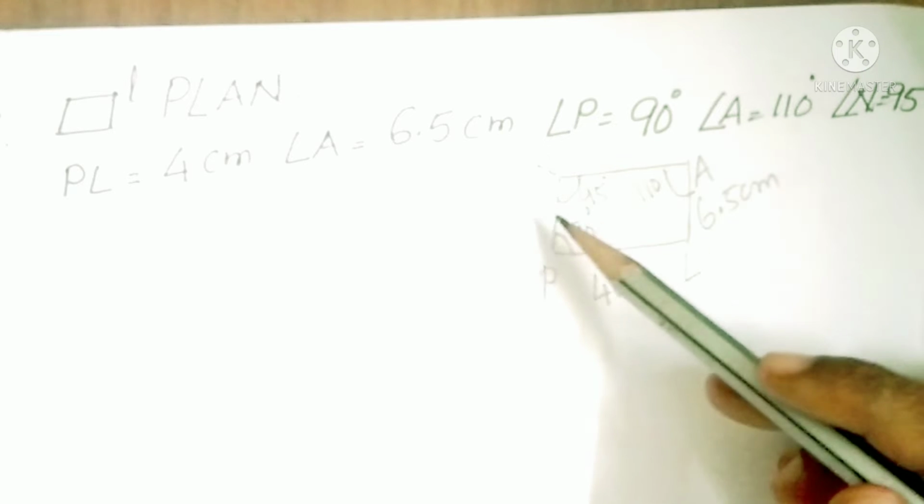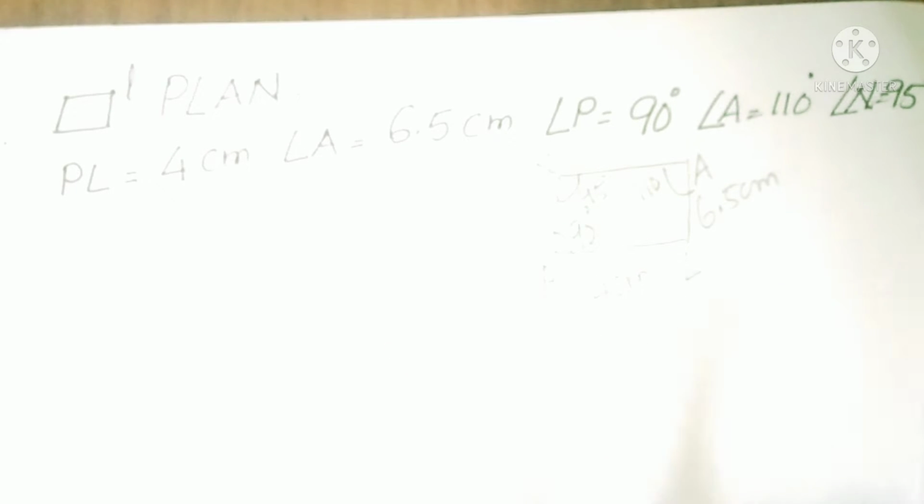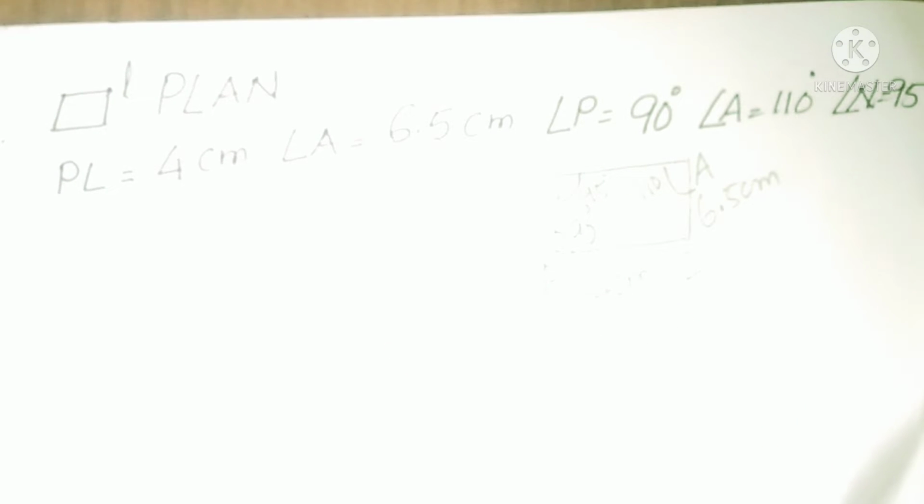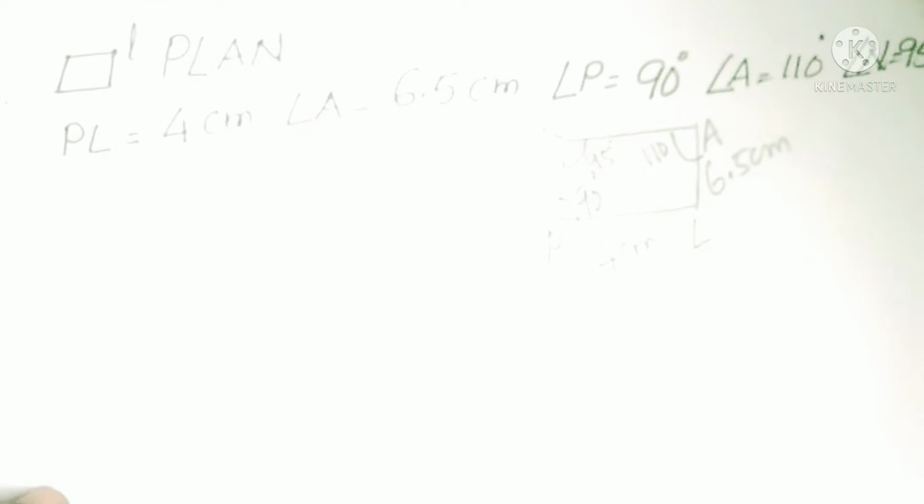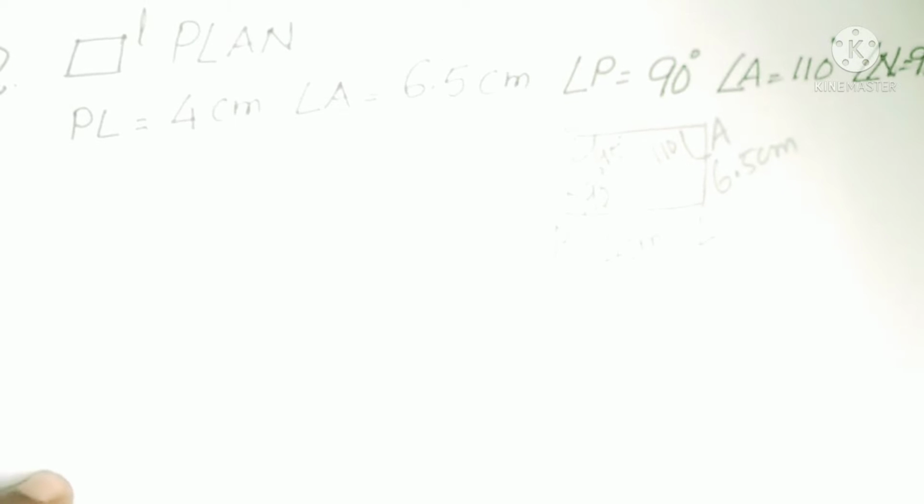So, if you have to construct, either you should know this angle or you should know this side. Now, do we have any method to find the side? It is only given quadrilateral. If it is given parallelogram or rectangle or any such information, then we will come to know the side. But how will you come to know the angle L? Is there any method to find the angle L? Yes, using angle sum property we can find out.